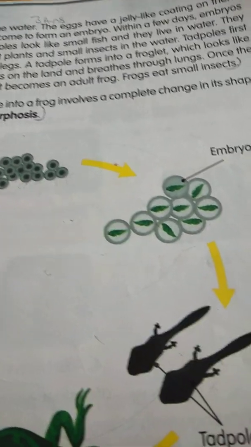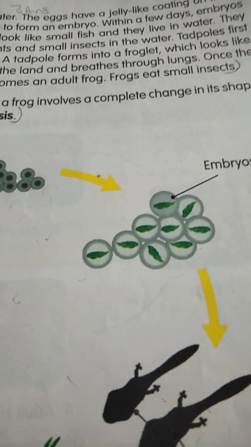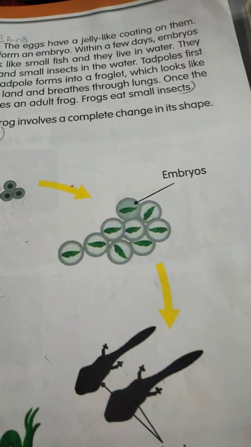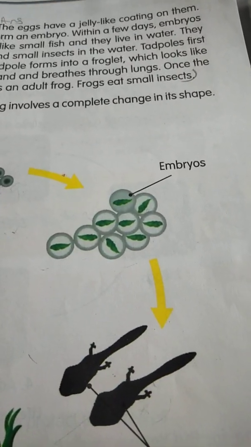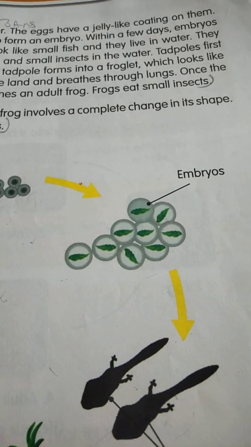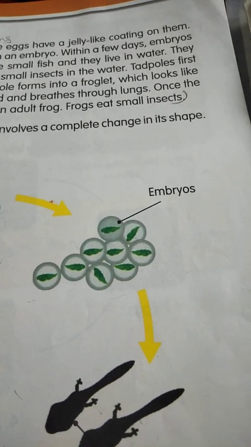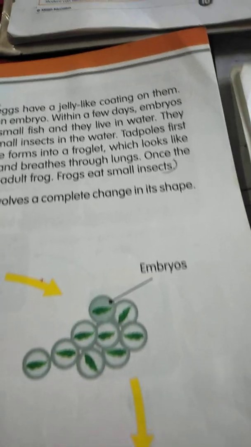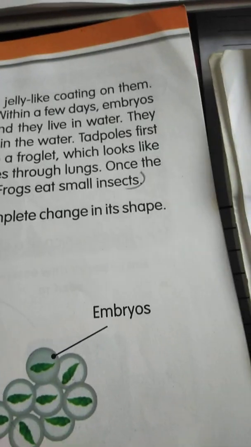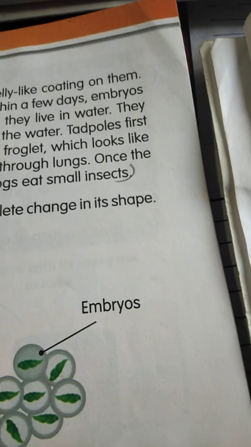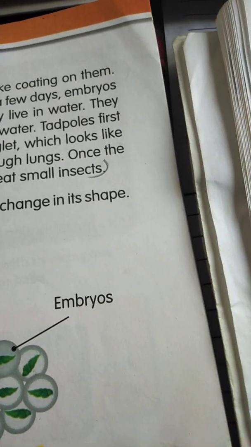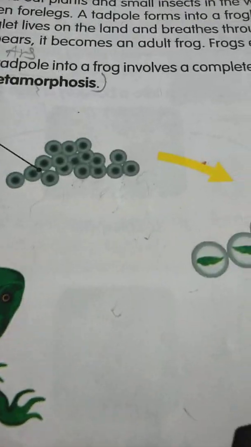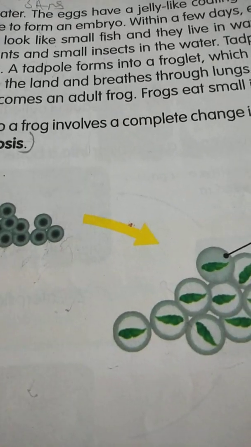Already I have told you tadpoles eat plants and moss growing in the water, other tadpoles and insects. Frogs eat insects. The frog hatches out of an egg and develops into an adult who can lay its own eggs, thus restarting the process by which it was born. So this process repeats. It is called a life cycle, right? A tadpole and a frog look very different from each other. This complete change in the way a tadpole looks when it is an adult is called metamorphosis, right children?